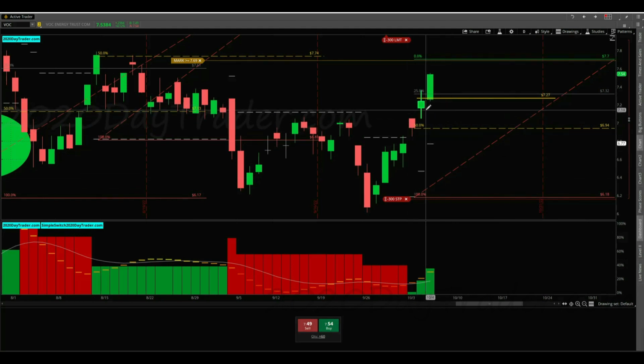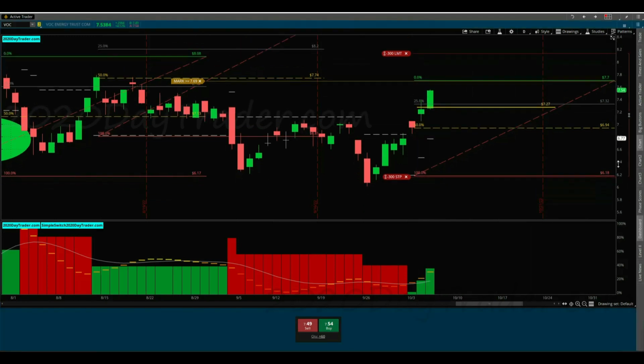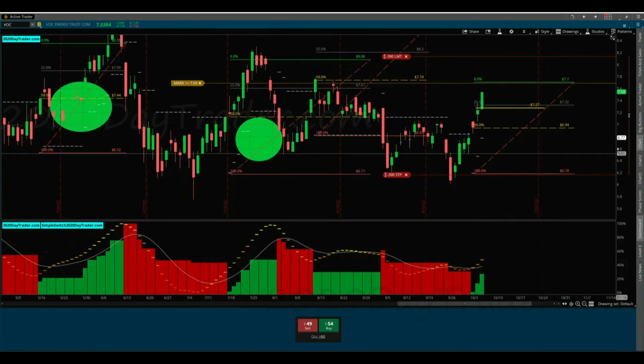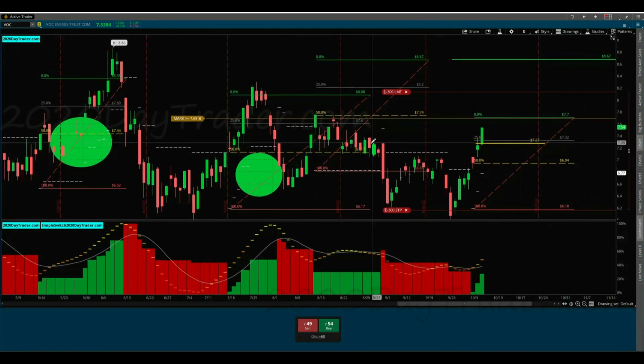So I jumped in when the next available time for me to get in was. So yes, I'm getting in way late on this trade. But here's the thing with VOC. Let's zoom out again. I feel strongly that we're going to retest this 886 area. We're coming into wintertime. There's the news, the fundamentals behind VOC look fantastic. It's probably going to blow way higher than this.